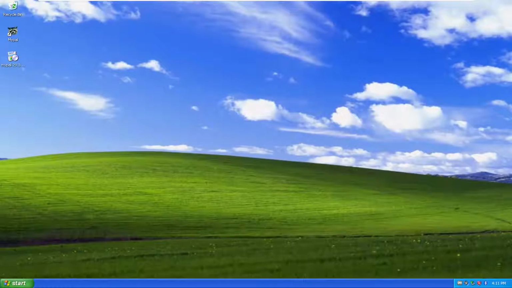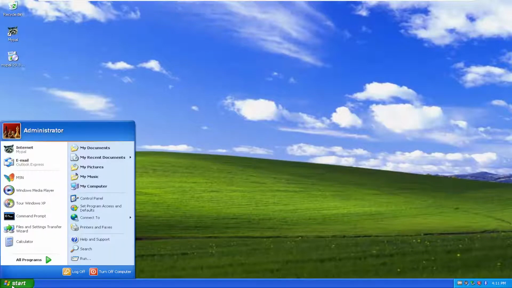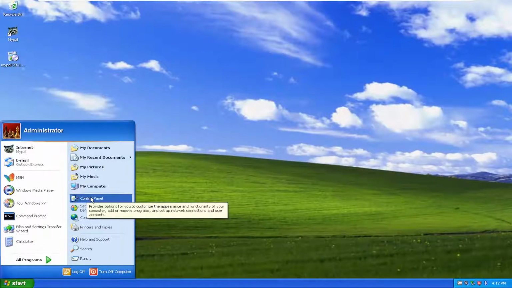In today's tutorial, I'm going to show you guys how to adjust or change your Windows XP font size. So this should hopefully be a pretty straightforward process here, guys, and without further ado, let's go ahead and jump right into it. So all you have to do is select the Start button and select the Control Panel on